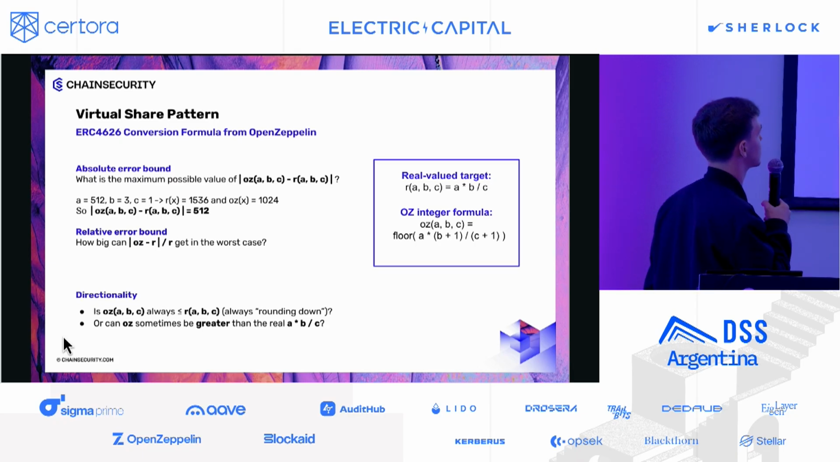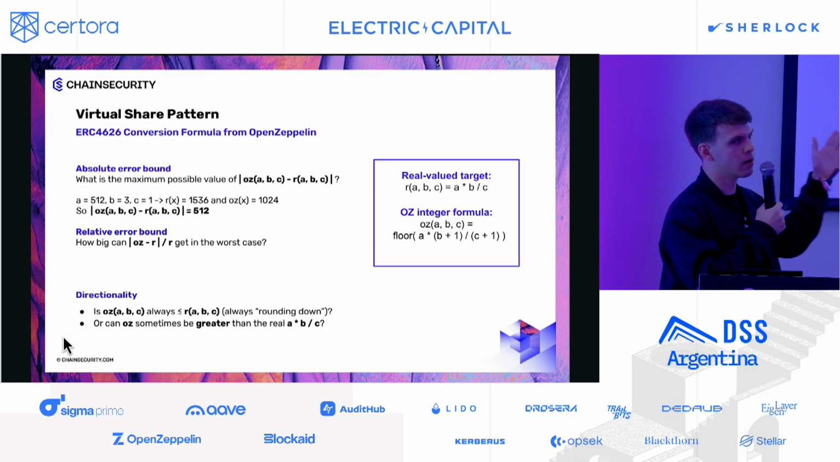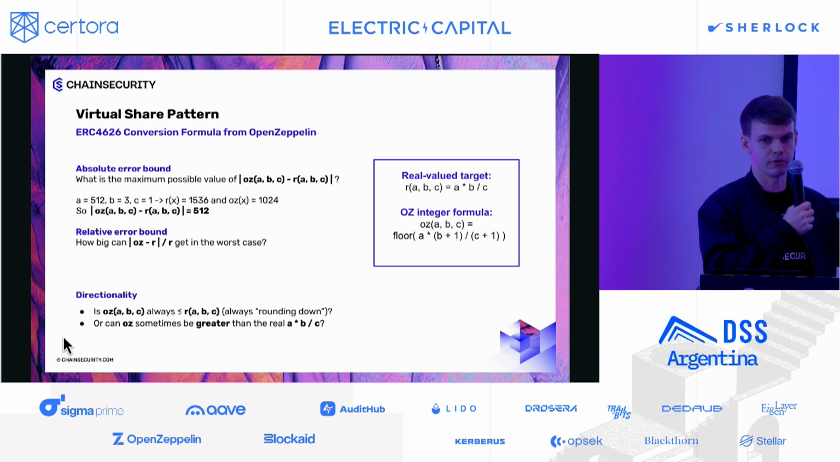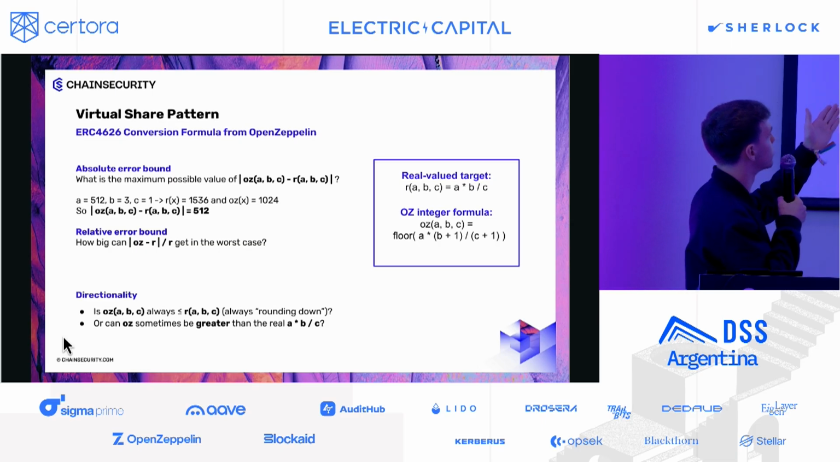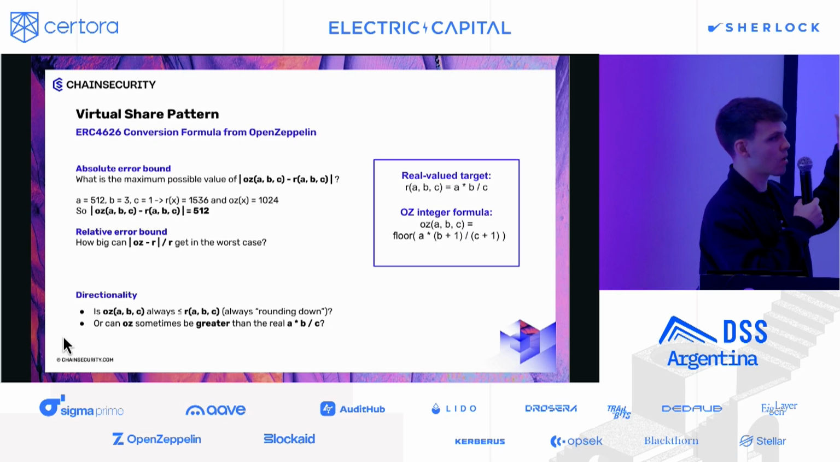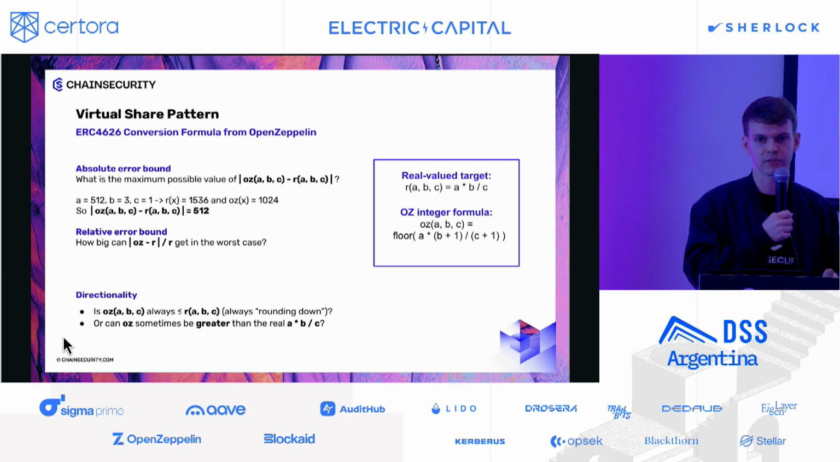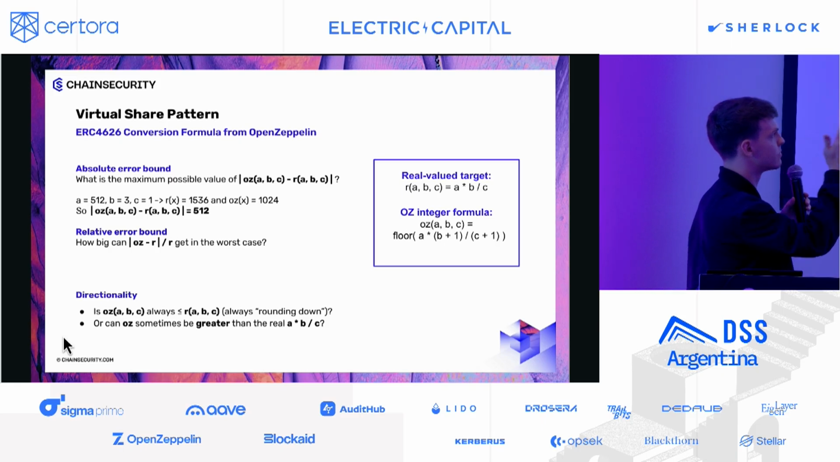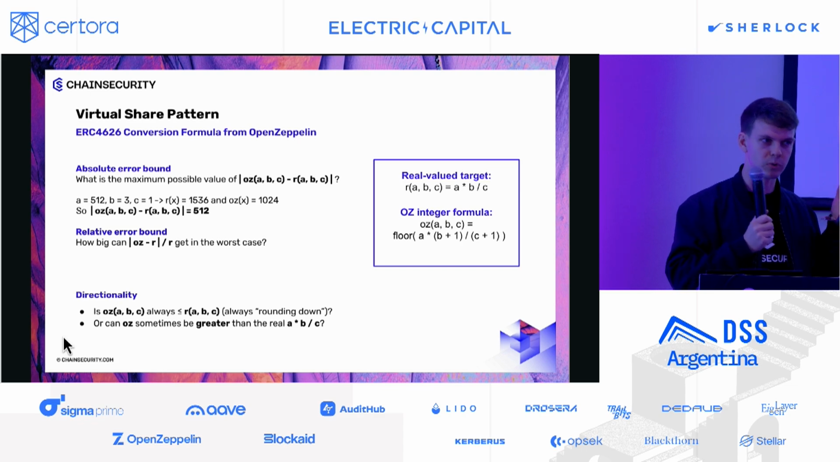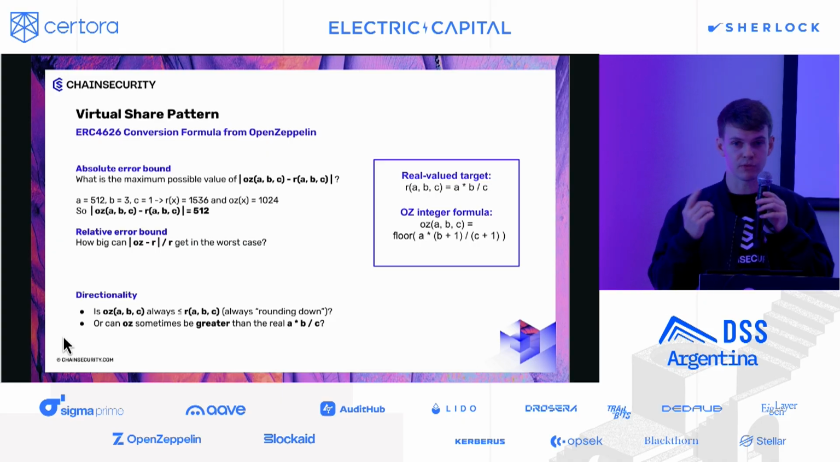So it's like we have numbers smaller than 1,000, and we already have an absolute error of 512. So for example, if you take A being 512, B 3, C 1, this might not be numbers that you see every day in a vault, but this is what you can have. Then the real value is going to be 1,536, and the OpenZeppelin formula gives us 1,024. So that's a difference of 512. So if you just think, I have a vault, I have A times B divided by C, you might be far off. So it's actually quite important. And if you think about relative error bounds, it's even worse, because